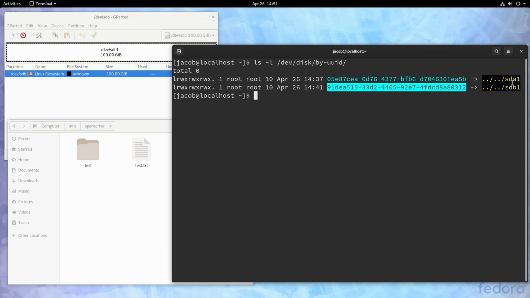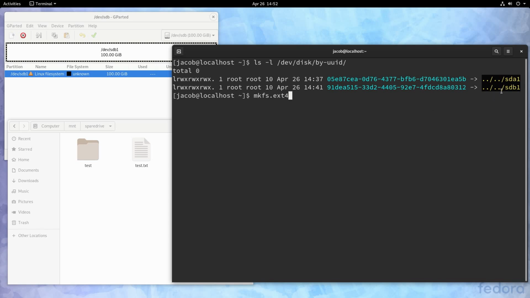Now, I say file system because this UUID under /dev/disk/by-uuid is referring to the ext4 file system on this partition. It is not referring to the partition itself. So if we were to run mkfs.ext4 again on this /dev/sdb1 partition, even though it's the same partition, since I've recreated the file system, the UUID is going to change. That's by design, because it's no longer the same file system. The file system that used to exist there no longer exists, so the same ID should not be used.